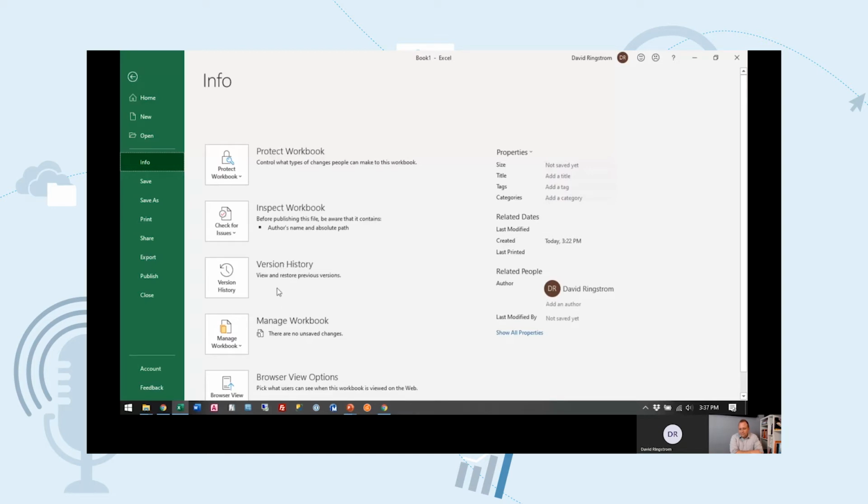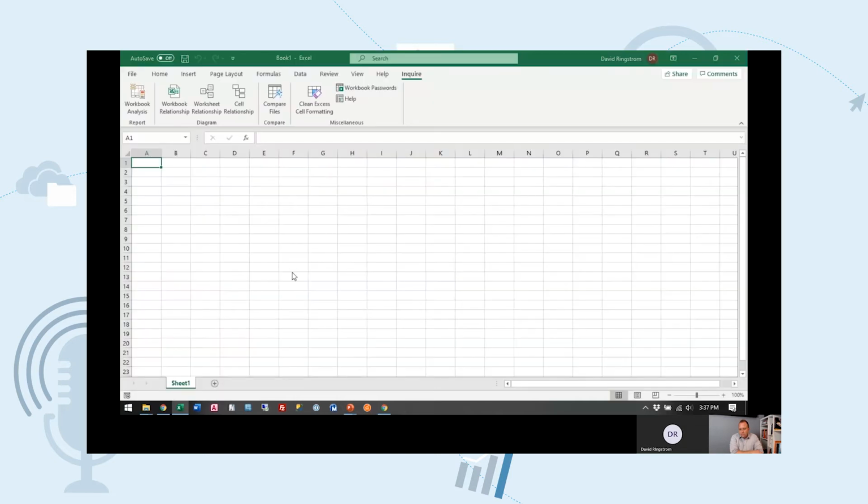These copies get thrown away when you close the file. But let's say you close the file accidentally, then under Manage Workbook there, you can say Recover Unsaved Workbooks. So if you had not saved the file, that's going to